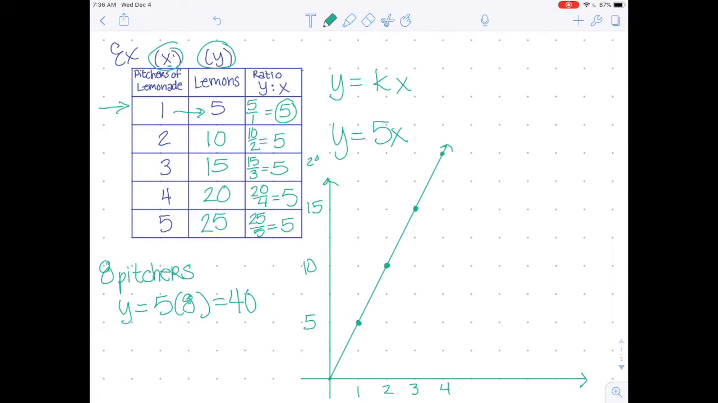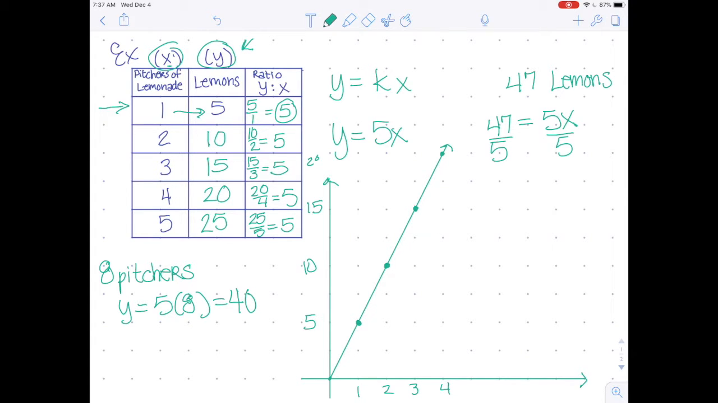Let's try this backwards. What if I have 47 lemons? We know that lemons is the y value. So we're going to put 47 in for y in y equals 5x. So now we want to solve for x. And we have 5 times x, so the opposite would be to divide by 5. 47 divided by 5